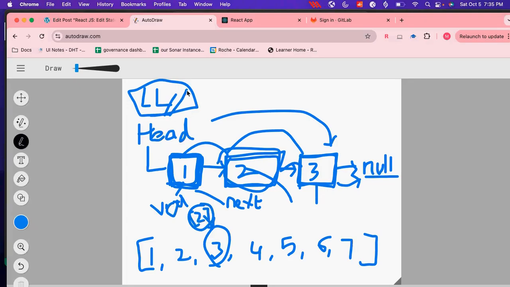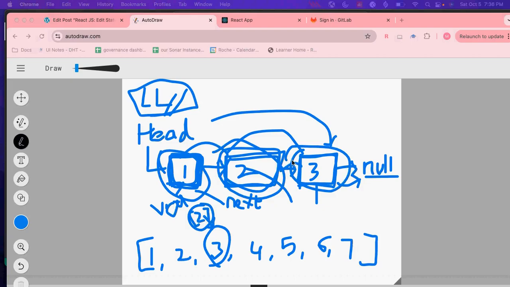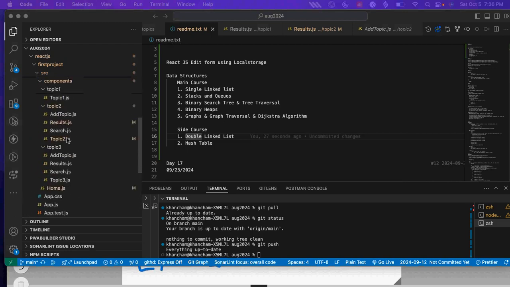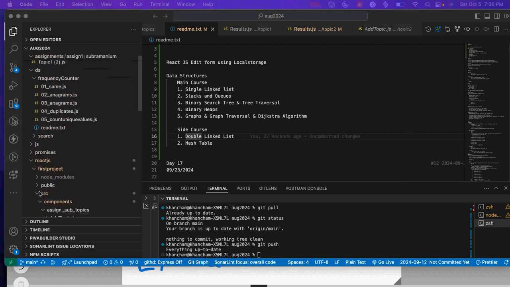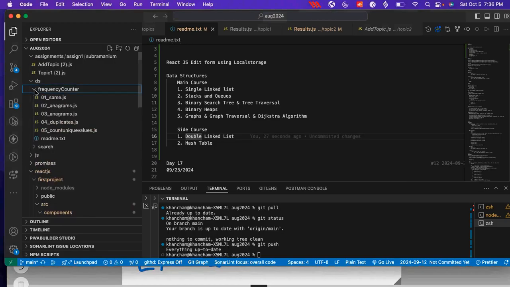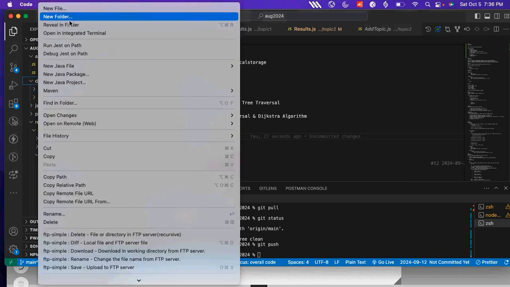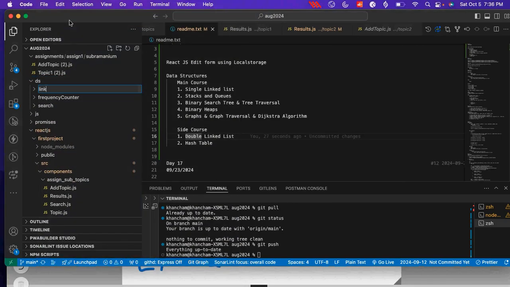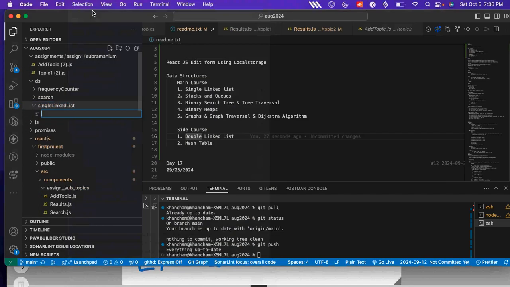So before we really jump into the linked list, we have to create the object of each node. So this is the node. We have to create the object of node. Okay, so let's try to create the object of node. So let me create a folder. So in the data structure, I will create a new folder, linked list. It will be single linked list. And I'll create a new file,